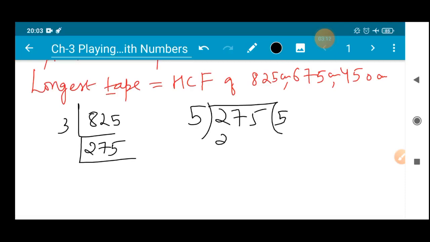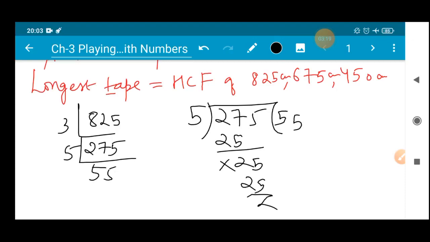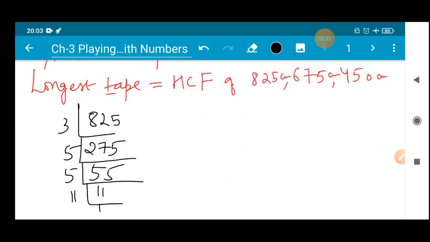5 5s are 25. Yes, 5 5s are 25. Okay, so 5 into 55 is 275. Next, 5 11s are 55, then 11 1s are 11. So what are the factors of 825? 3, 5, 5, 11. Now let's do the prime factorization of